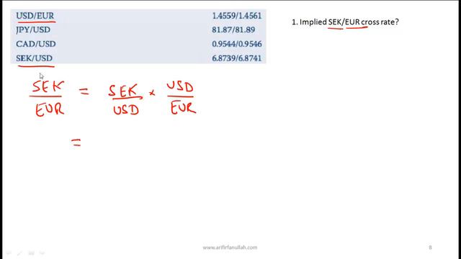Note that we have the SEK USD. So here USD is the base, which is what we want. And we also have USD Euro. Here Euro is the base, which is what we want. So here we would simply multiply out. So on the bid side, we would have a product of the two bid numbers. So we would simply have